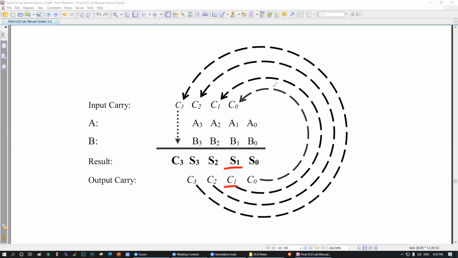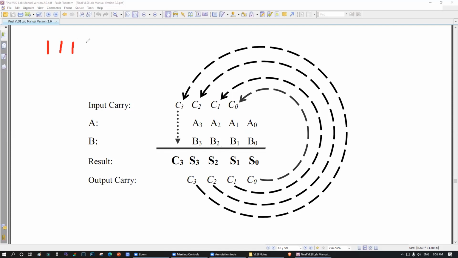That will go to the next place. So C1, A2, and B2. If you add them, S2. C2 is the carry. That will go to the next place. C2, A3, B3. Addition is S3. Your result is C3. If you add them together, this would go to the next place, but the next place doesn't have anything. So this will directly come in front of the result, right? Let me do an example for you, then you will understand more.